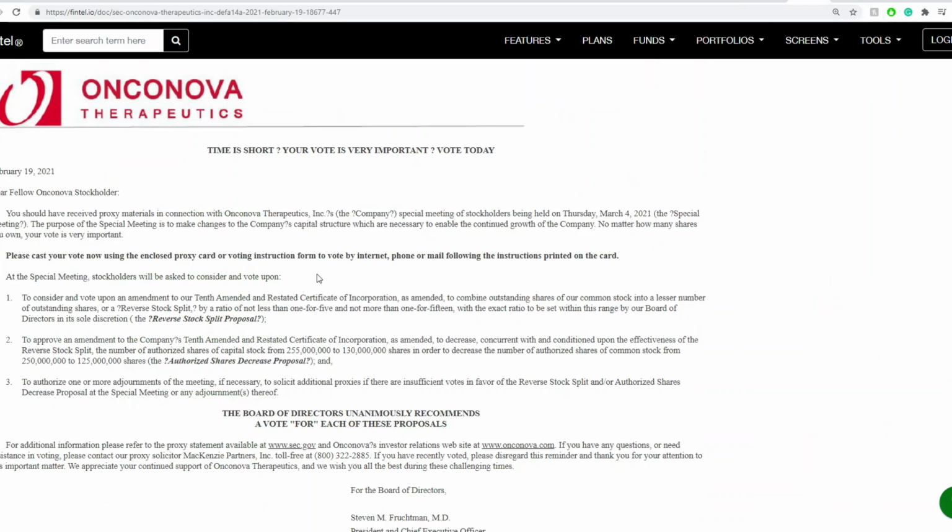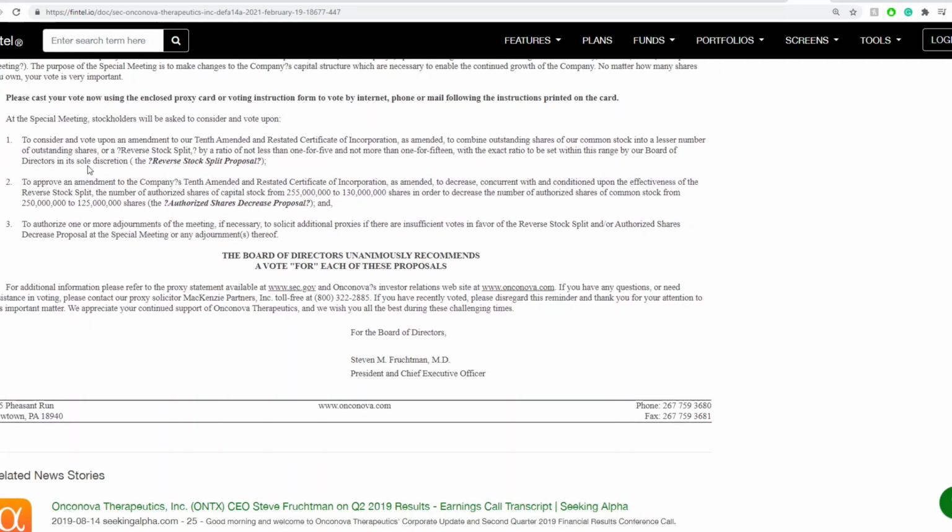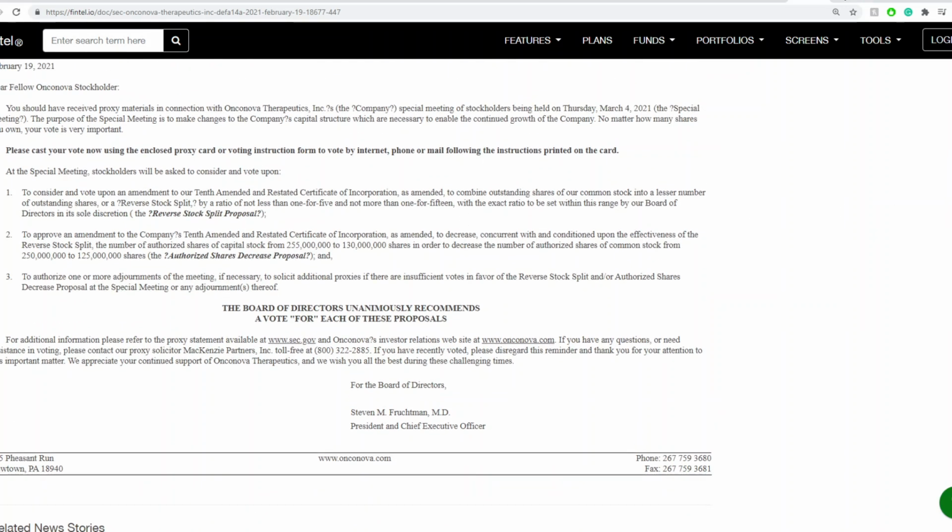And in terms of the latest news as well, they do have an annual meeting or a proxy stockholder meeting happening on March 4th, 2021. Some of the things they're going to be voting on is including a reverse split, authorized share decrease proposal, and yeah, so I think that's pretty much it. Decreasing their common shares from 250 million to 225 million. That's through a reverse split. And let's go on towards the technical analysis, and then we can discuss a little bit further that reverse splits,